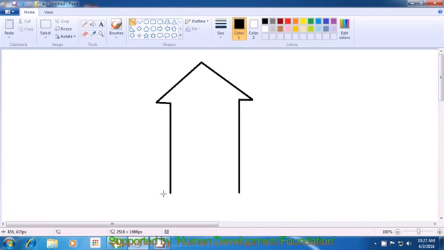And then we join the two endpoints. So our basic structure of the house is ready. Now we are making the door of the house by drawing a line downwards like this. Then from this point we draw towards the right. And from here downwards.